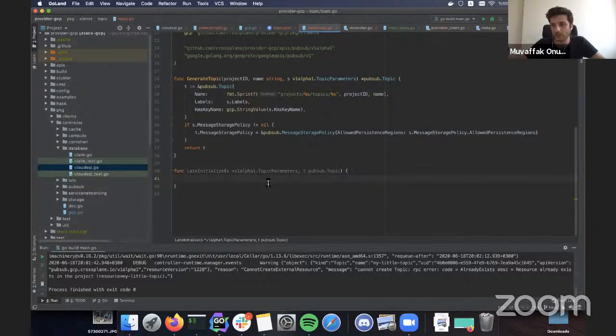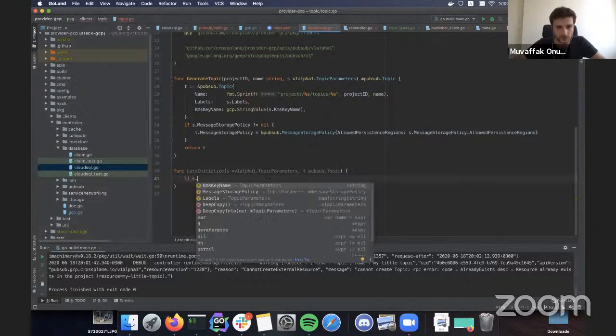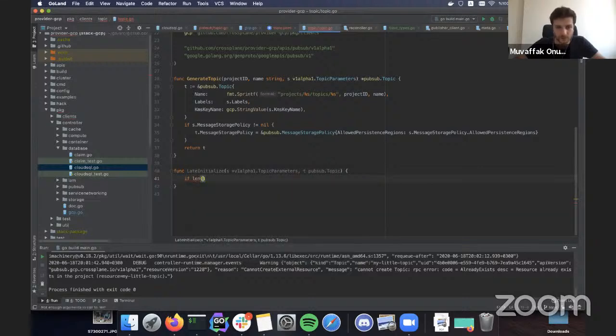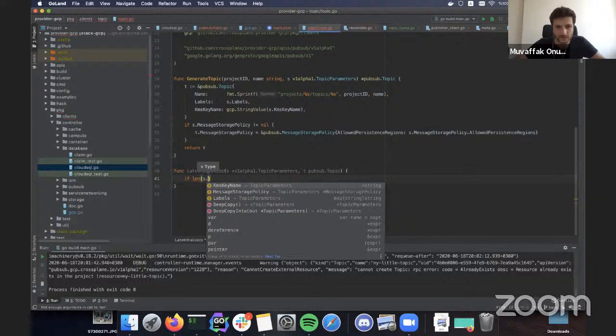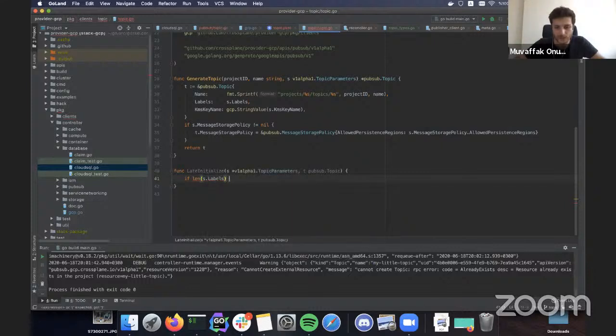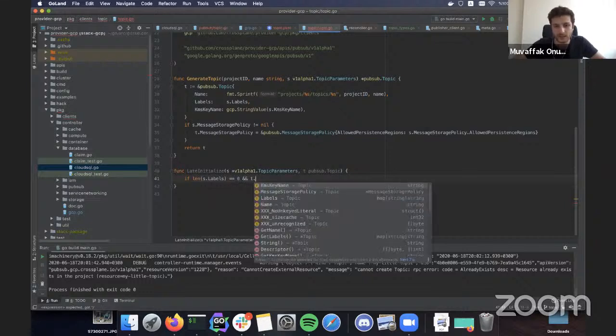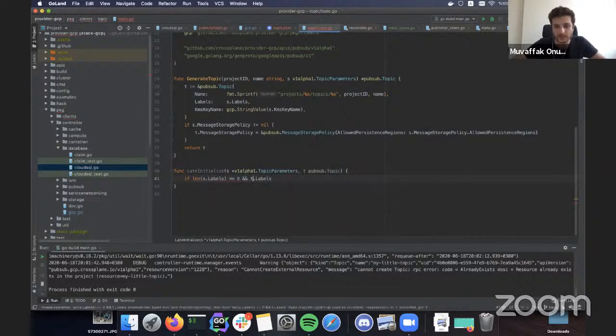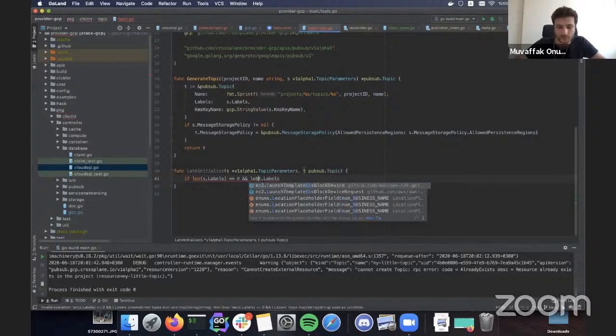Only in this case, we will assign it to our parameters. So we will basically check one by one. For labels, it's a map, so s.labels equals 0, meaning we don't have any labels, and t.labels does have some.